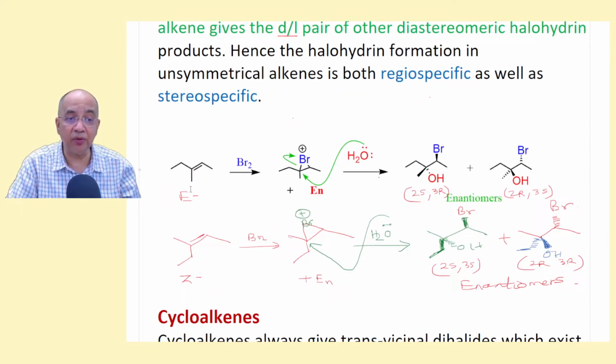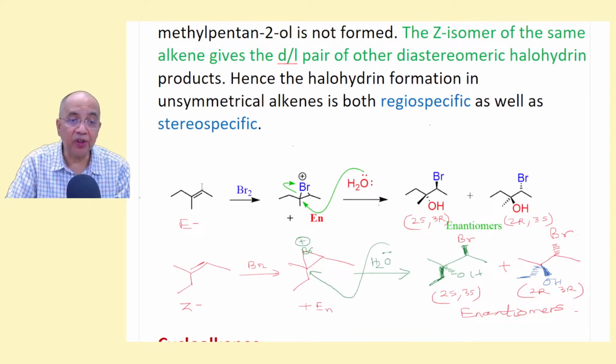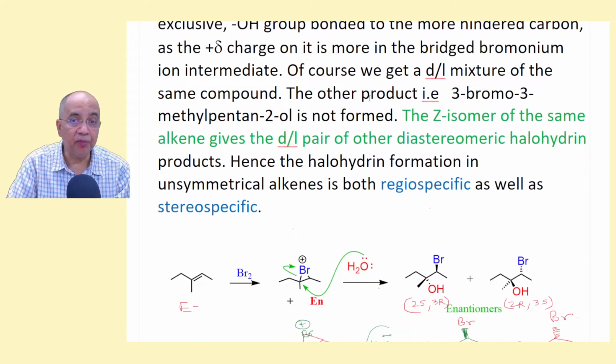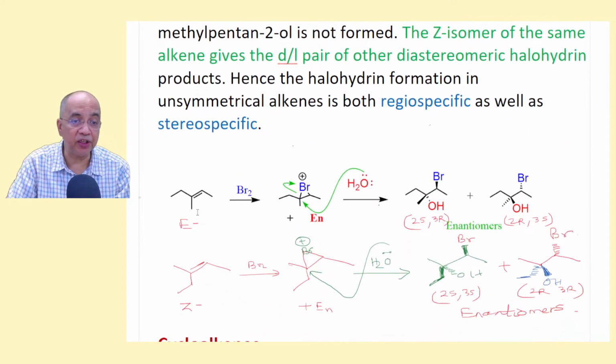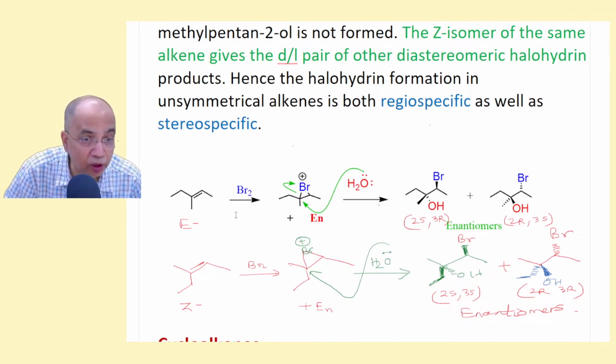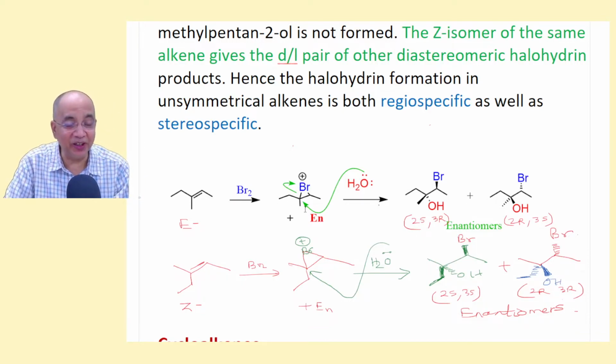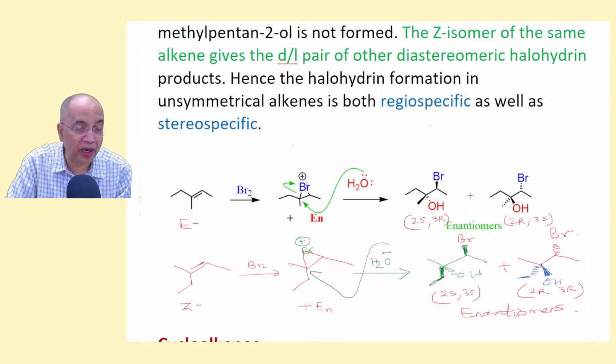Now see the case of E, because this is senior and this is senior, so they are on the opposite side of the double bond. So this is E 3-methylpentene. On bromination in water, of course, I've forgotten to write water, this is copy pasted. It forms the bromonium ion, and this bromonium ion is also chiral. It also has its enantiomer. Then water attacks here, bromine opens up. This is one possibility. The other enantiomer, if water attacks on the opposite side, bromine opens up, so that you get two.